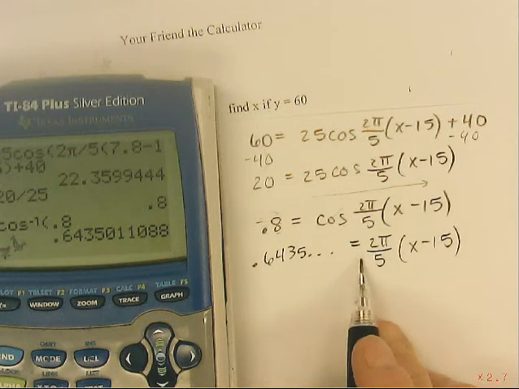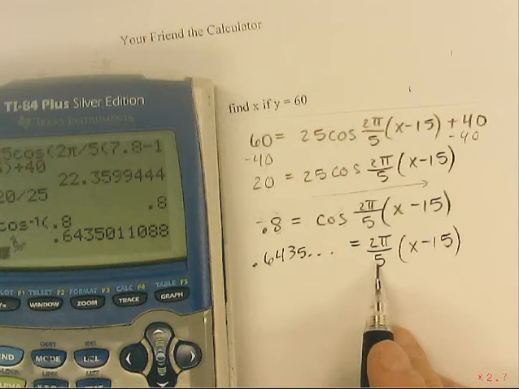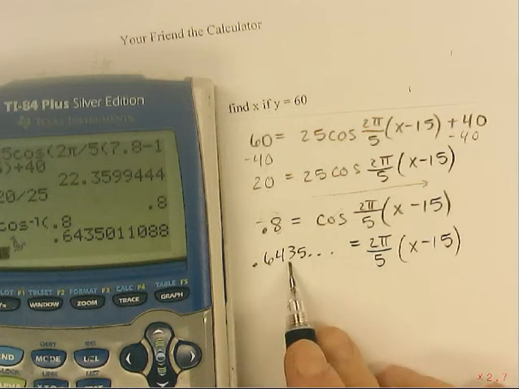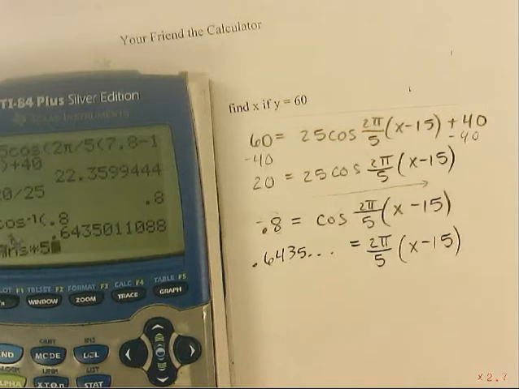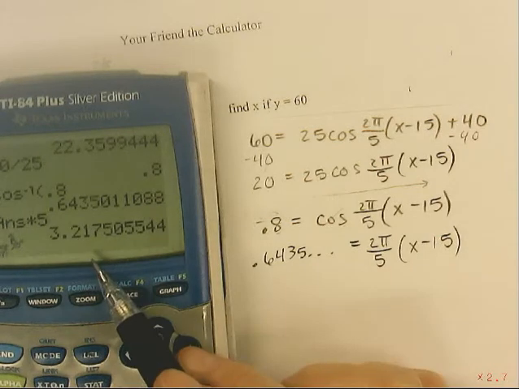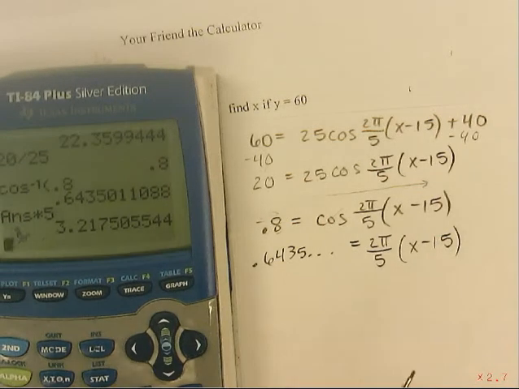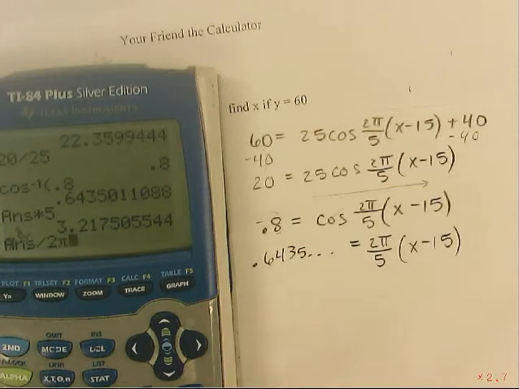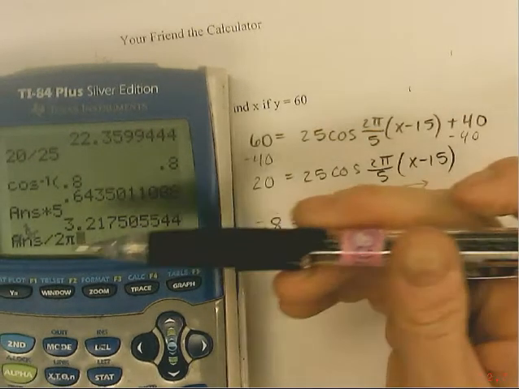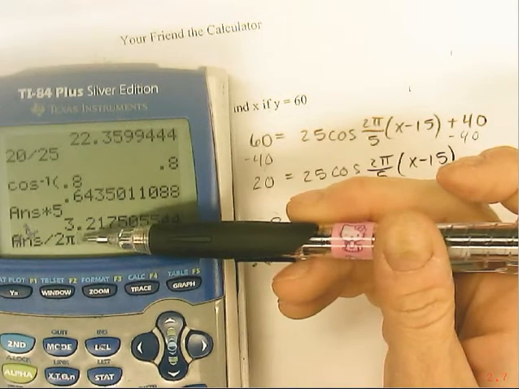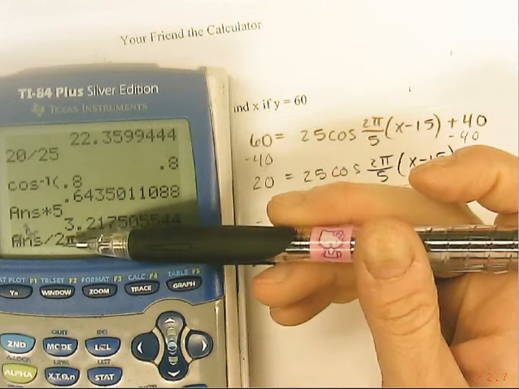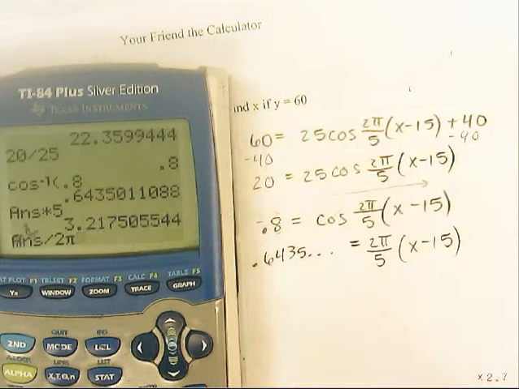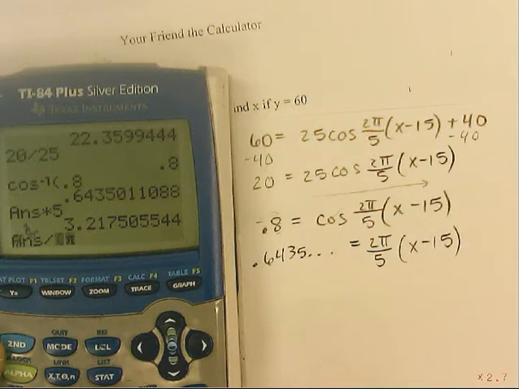Now, again, working left to right, you can do this different ways. I like to multiply by 5 and then divide by 2 pi, but this is the part where people mess up. So if I multiply by 5, I'm going to get this decimal. You want to make sure you don't divide by 2 pi like this, because what have we forgotten? I hope you guys are all realizing this is not telling the calculator to divide by 2 pi, it's telling it to divide by 2 and then multiply by pi. So you can add parentheses,